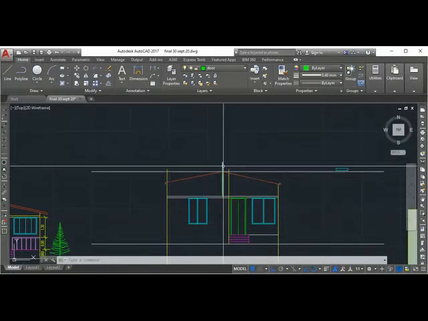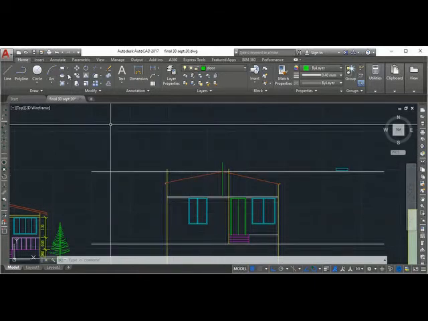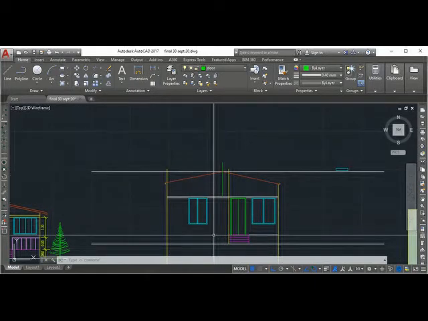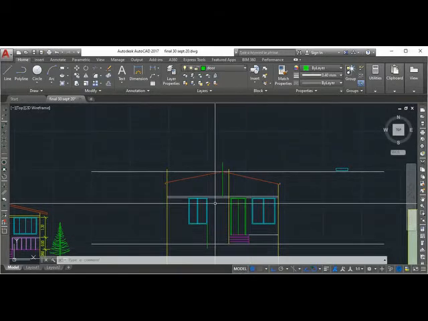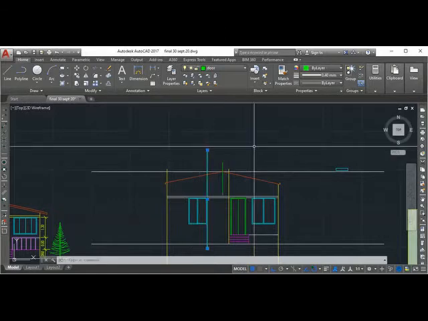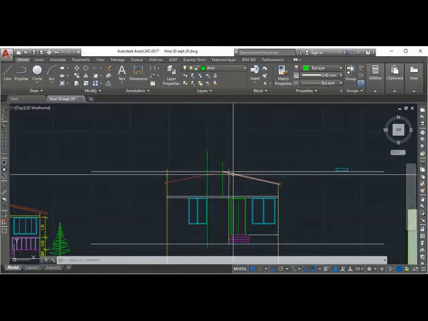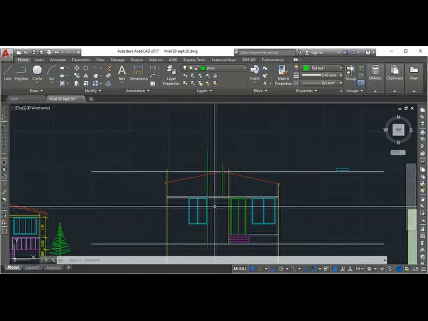You can take a little above this. I will draw a line. From this rooftop, we can say about 80 centimeter offset, 0.8.